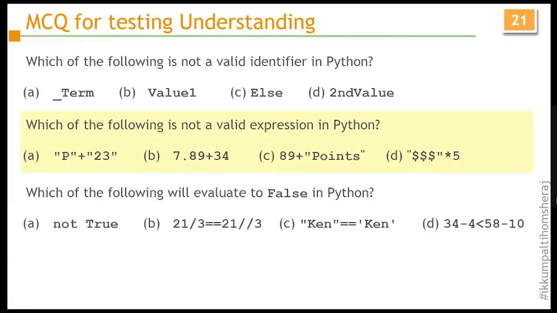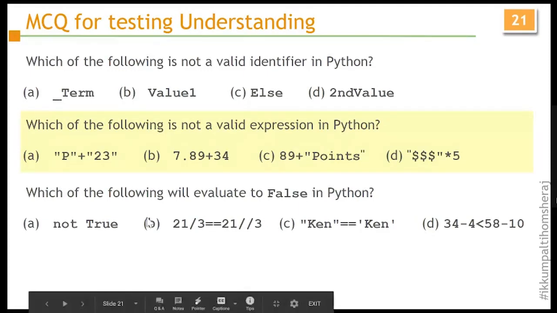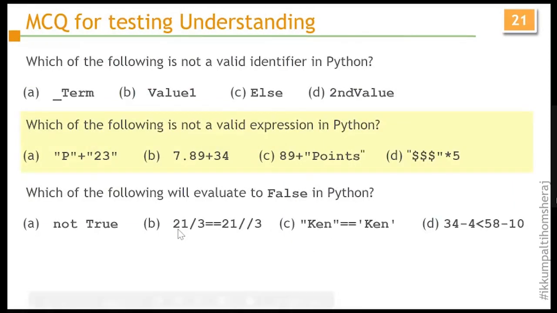Then, which of the following will evaluate to false in Python? Here I have kept a similar kind of example. All of them result in true or false. This is once again emphasized: notice all of them give the result as true or false, and it should not start resulting in 300 or 400. So one of them gives you false as the result. A lot more chances are there that some people will treat the B part also as false. Very close answer, right? But the correct answer here is not true.